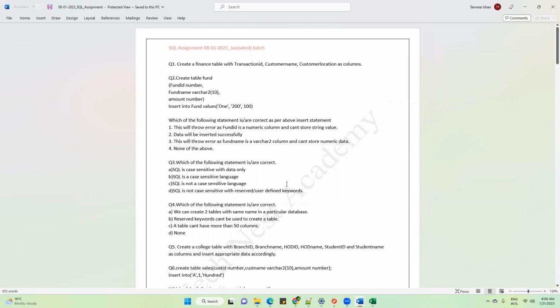SQL is the bread and butter usage in the IT industry. So I will request everyone to work on the assignments so that we can discuss during the class, because my session is purely hands-on. We don't teach any theoretical stuff. Totally hands-on, because I believe if you are good at solving queries, automatically you'll be good in the concepts as well.